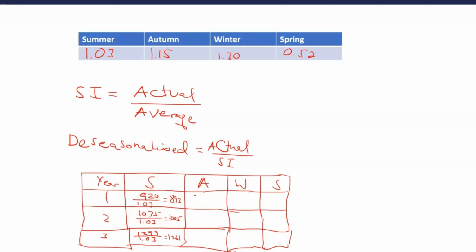So that's going to give us for all the autumn. So the first year was 1085 over 1.15. We do the same thing again. 1180 over 1.15, 1324 over 1.15, and so on. So that's how we do it. So that gives us a figure of